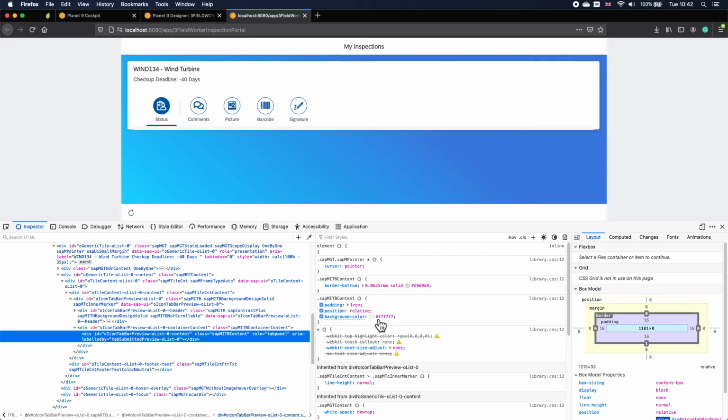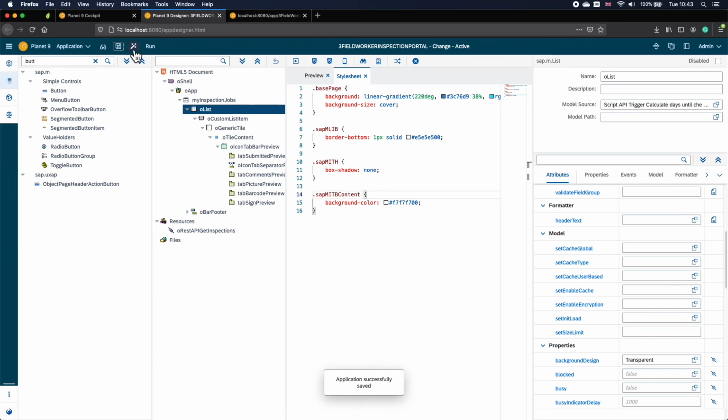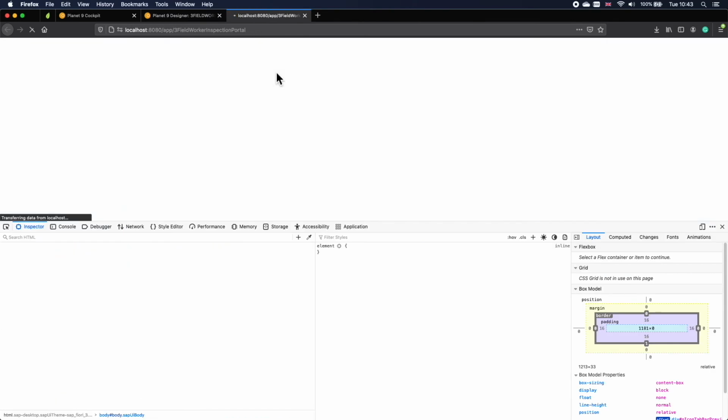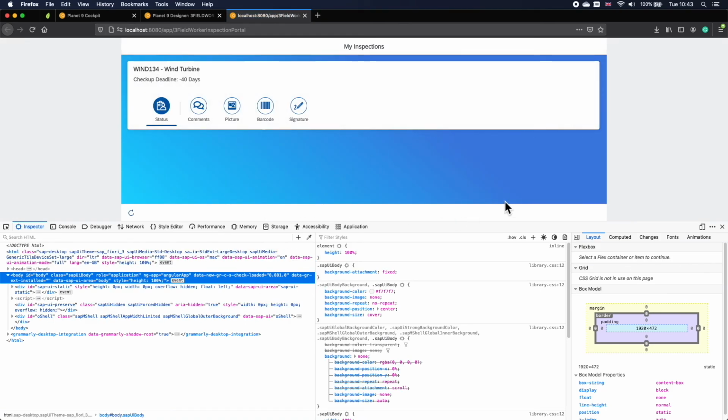So again, let's just change this to translucent, and we can copy and paste this entire class, and we'll just keep this background color which we want to change. So now if we save, activate and refresh, and remember sometimes you have to refresh twice, now we have a nice clean tile ready